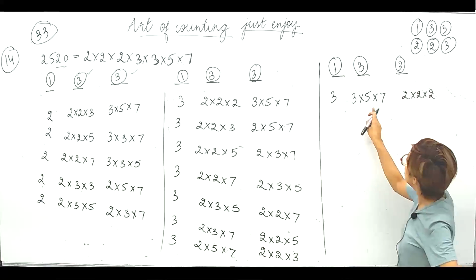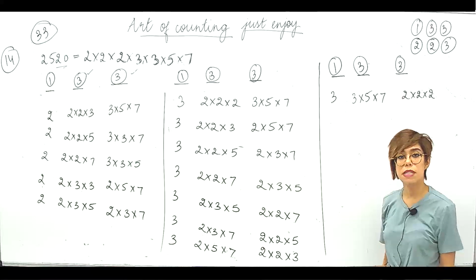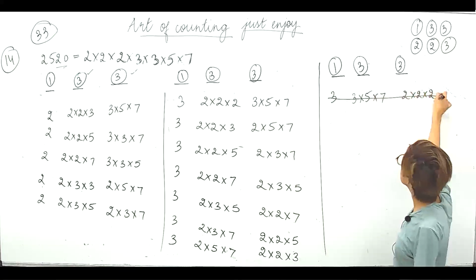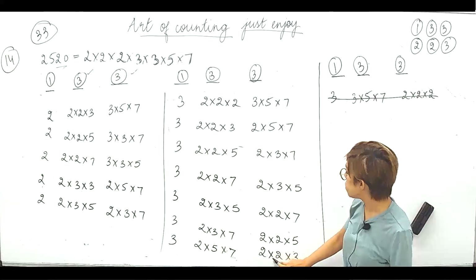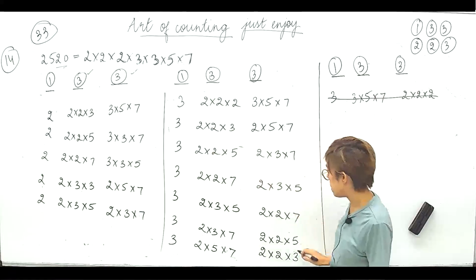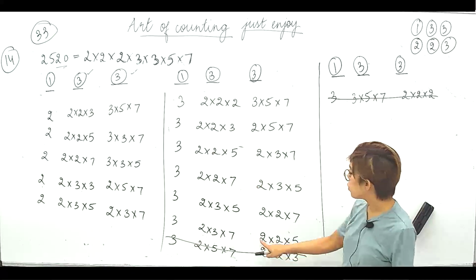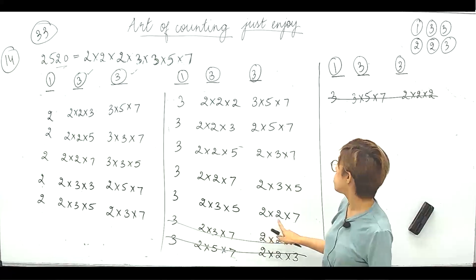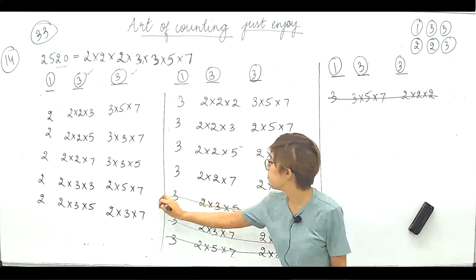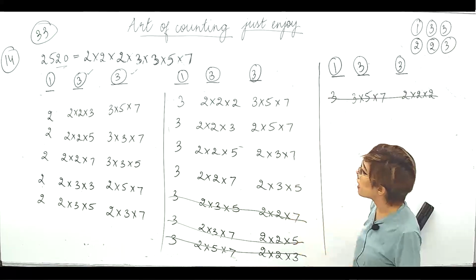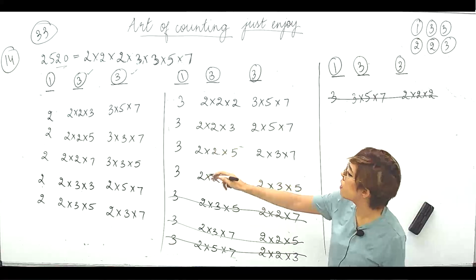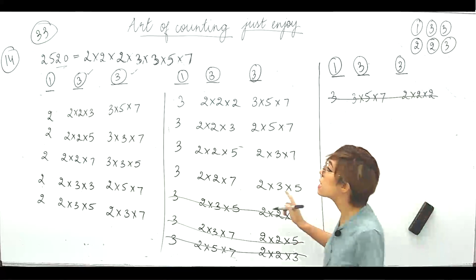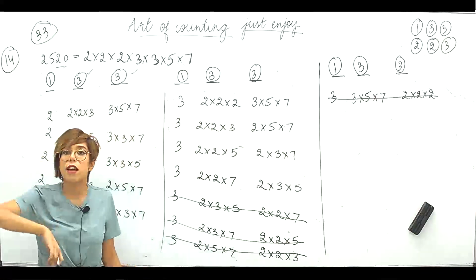Right? So let's see. Last and first में check करो. Do you think these are the repeated cases? 3 into 5 into 7. Definitely repeated cases है. Now 2 into 2 into 3, repeated case. Come on people, wake up. 2 into 2 into 5, same case, cancel. Then 2 into 2 into 7, same, cancel. That means from here you're getting 4 more. वहाँ से 5 मिले थे, यहाँ से 4 मिले थे. Perfect. So again you have to be careful because in this case, especially in this case, repetition is there.